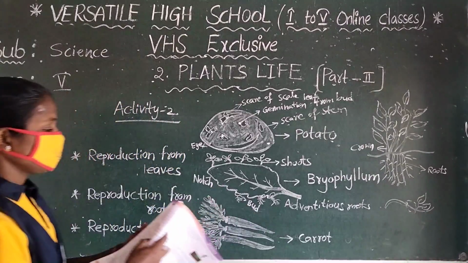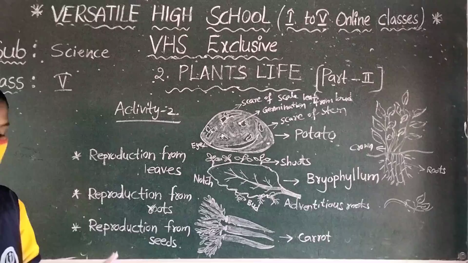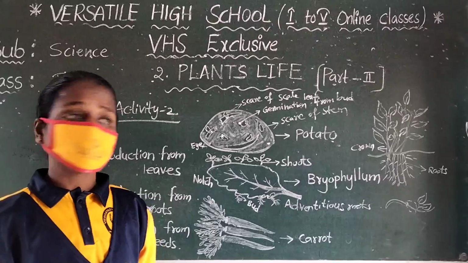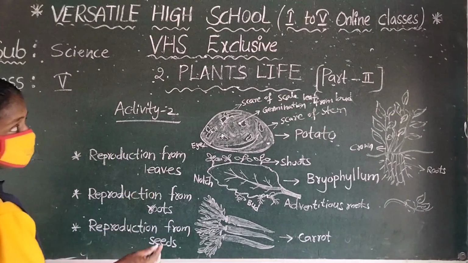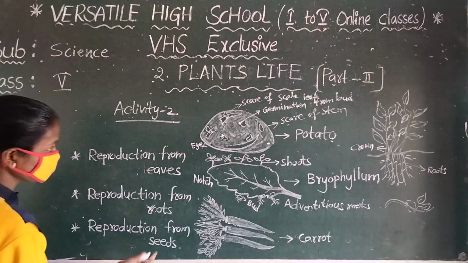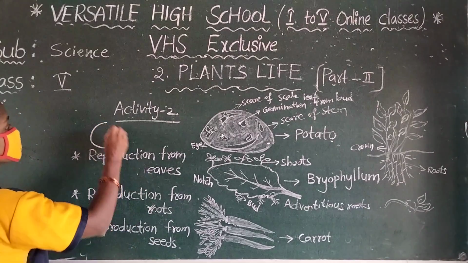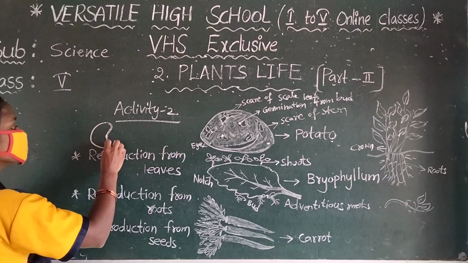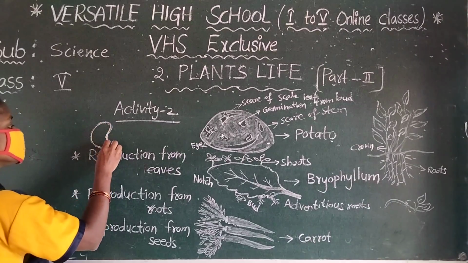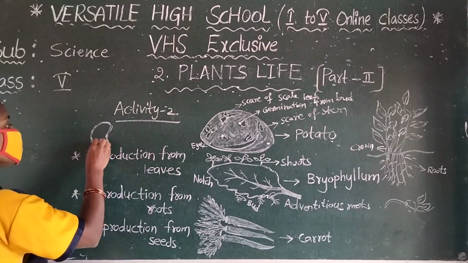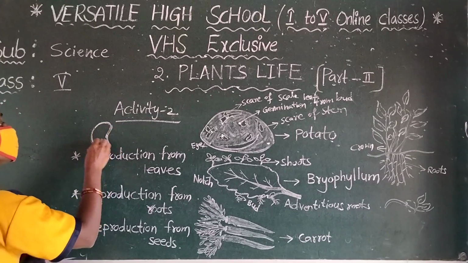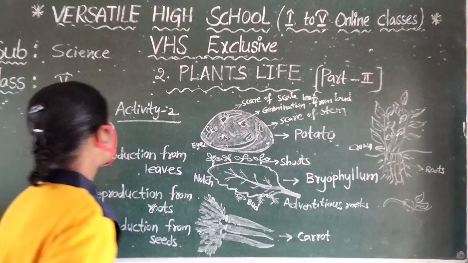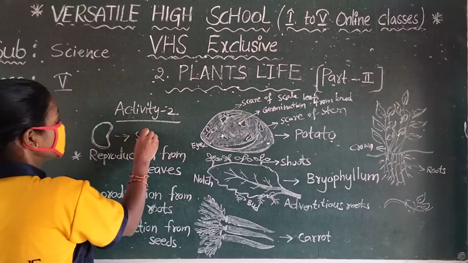And now children, we are going to learn reproduction from seeds. A seed develops from an ovule after fertilization. You know, that seed looks like which type of figure here? Observe that seed. This is that seed. Does the seed look like this one or not? Which shape is it? You know, kidney. In our body, the kidney shape is also like a seed shape. This is like a seed.